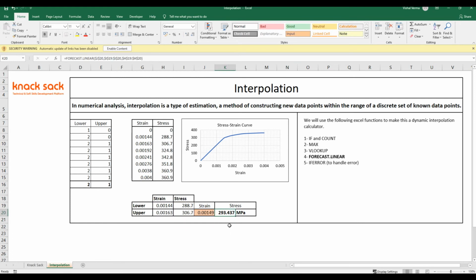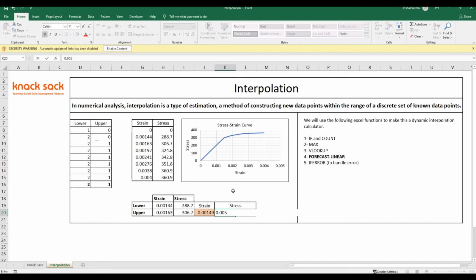So see, 293.7 is between these two values. Okay, correct. So if the values lie between all these points, we are getting correct stress values. Now let's see for 0.005.